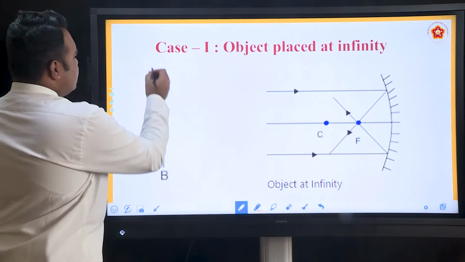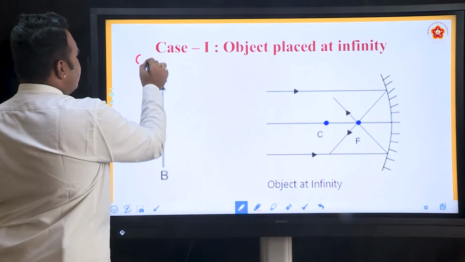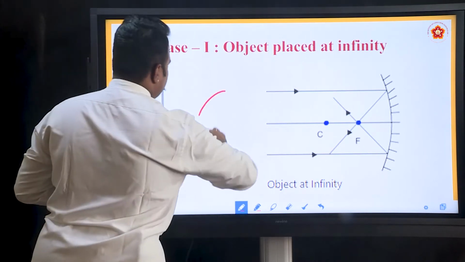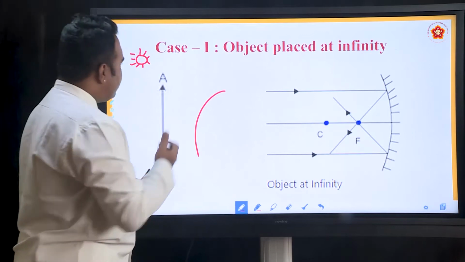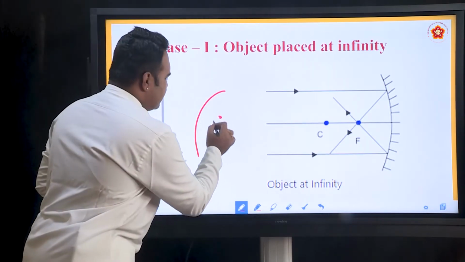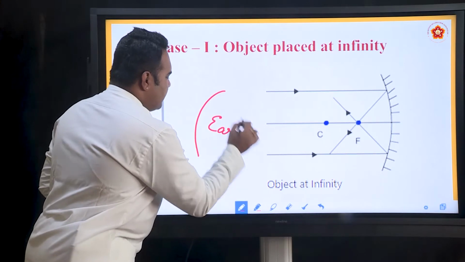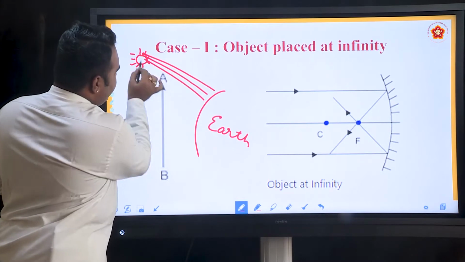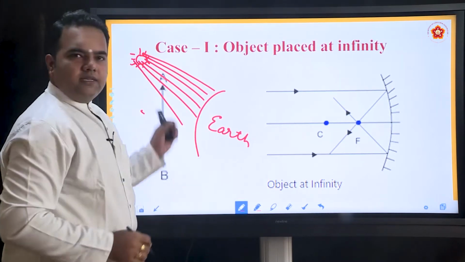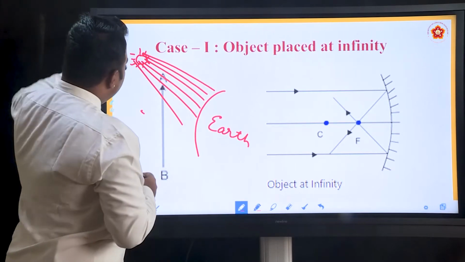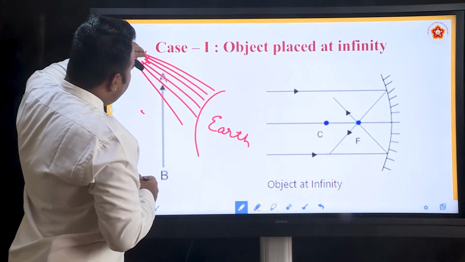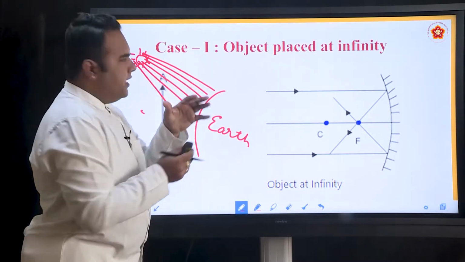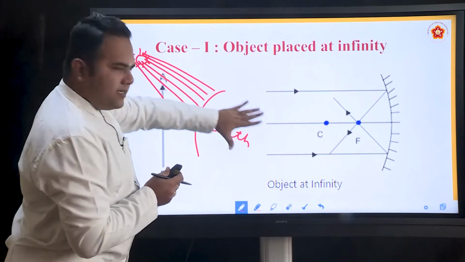If you want to understand this, for example, we have the sun, which is placed at a very far off, or infinitely large, distance from the earth, and the sun sends rays of light. There are many rays of light; in fact, there is a beam of light coming towards the earth. All the rays of light starting from the sun emerge from a single source, and as they come they diverge and reach the earth.